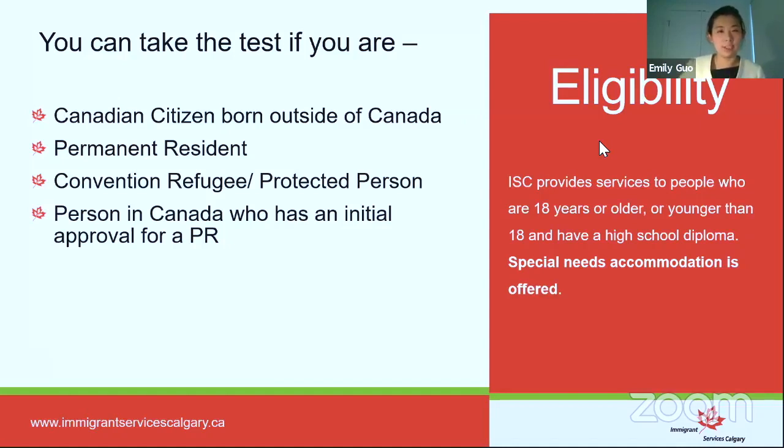But with one exception: if the person is a Canadian citizen or has scored a really high level, there will be an alternative option, which is called English ESL classes, which is different from LINC. Yeah, I think we can go to the next one.